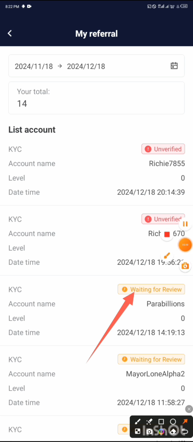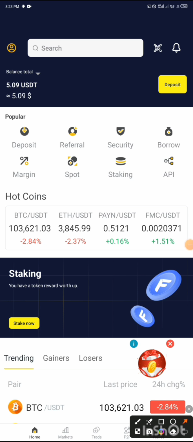But if you know you can't refer, because the minimum withdrawal is $10, once you've done your KYC, you'll get $5 on your dashboard. But for you to be able to withdraw, you do one of two things. You refer and get $5 additional to your $5, which is $10, and withdraw to your wallet, or you deposit $10 on this platform and you have an additional $15 and withdraw it all directly to your wallet. To deposit, you just click on this point where you see deposit. Once you click on deposit,